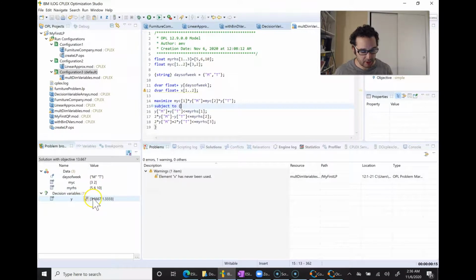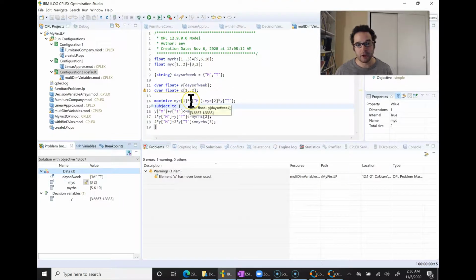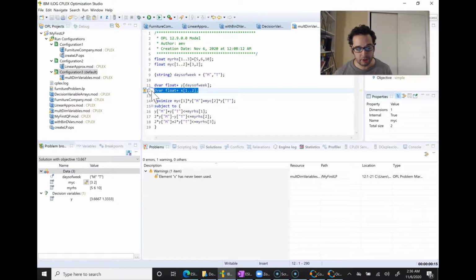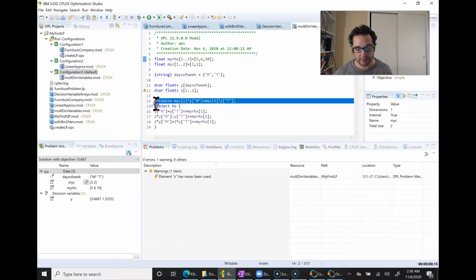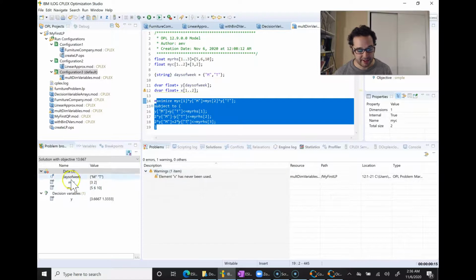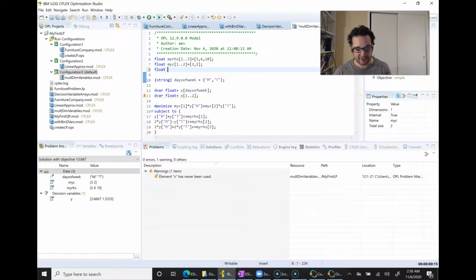And we see our decision variable y instead of x because we're no longer using x. And we see days of week here as a set. Now, one interesting thing that I found out about Cplex, which I think is a little bit neat, is if we don't use a variable that we define up here in our optimization, then it doesn't actually give us the values. So I could create a value called,